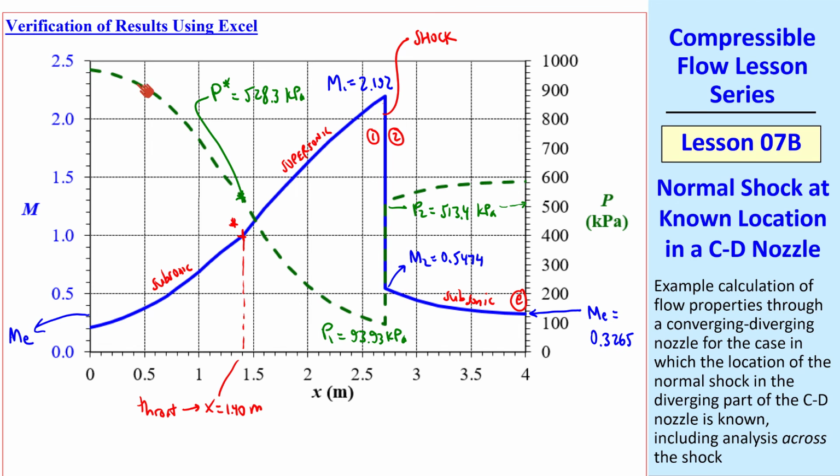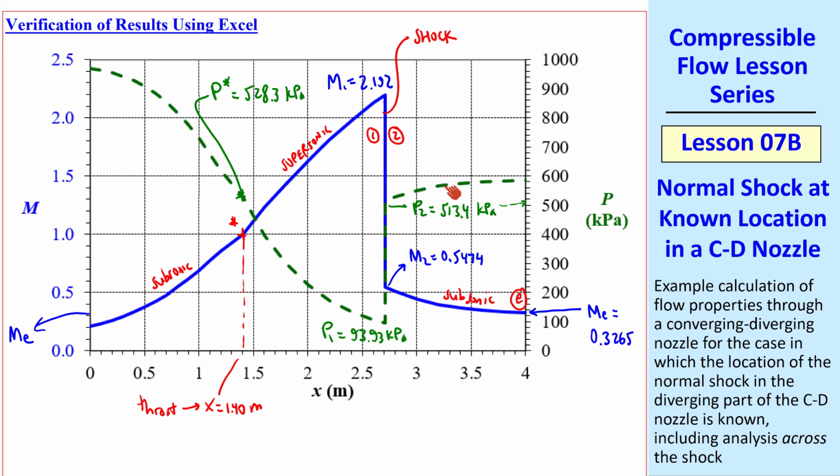Meanwhile, the pressure decreases in the converging portion through the throat and then continues to decrease right up to the shock. The pressure jump is significant across the shock, and then pressure increases in the subsonic diffuser to a final exit pressure of 584.6 kPa, which, as you can see, is bigger than P2 and also bigger than P star in